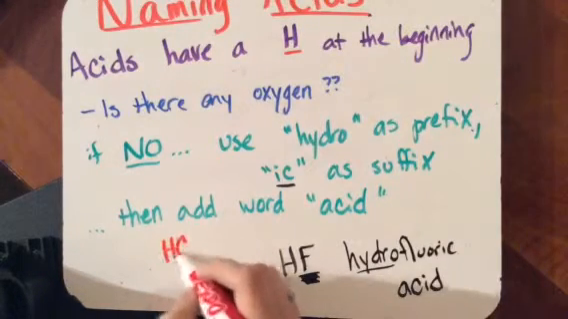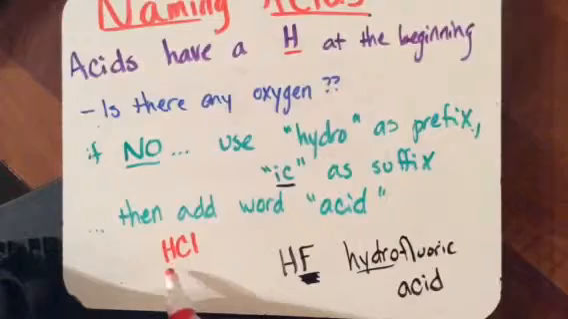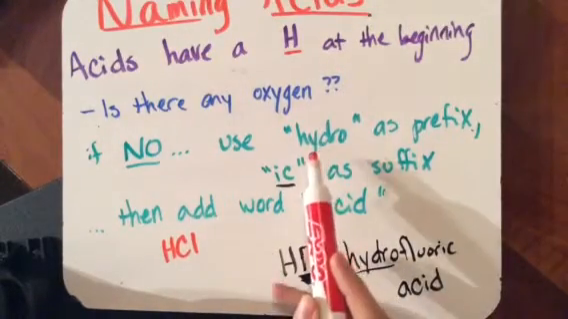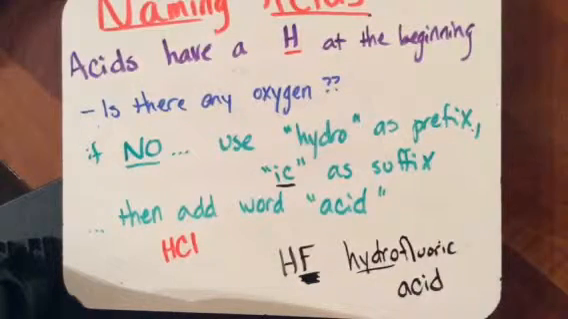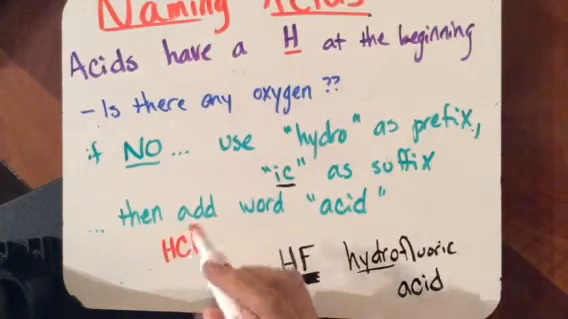HCl is one that you've heard of and we've talked about before. You look at this, there are no oxygens, so you first use the word hydro. It is hydro, and then here you have chlorine, so it would be hydrochloric acid. Okay, another example would be